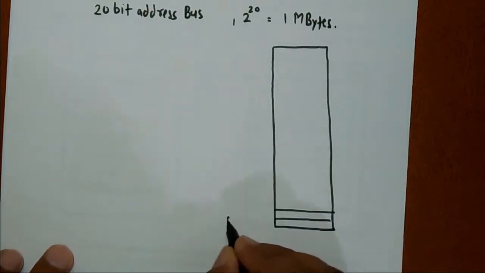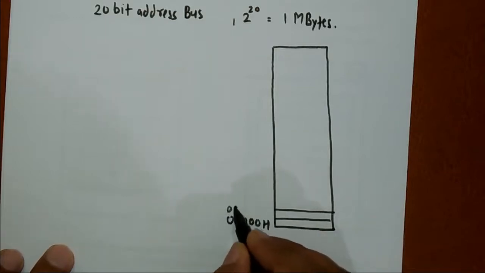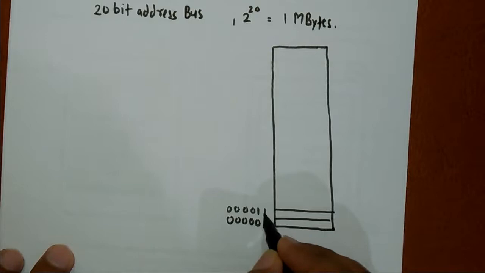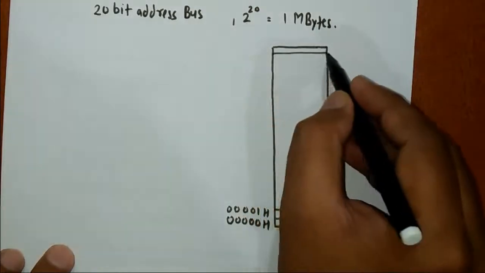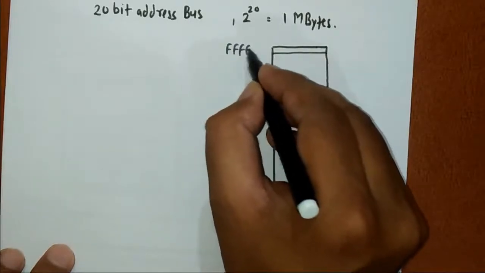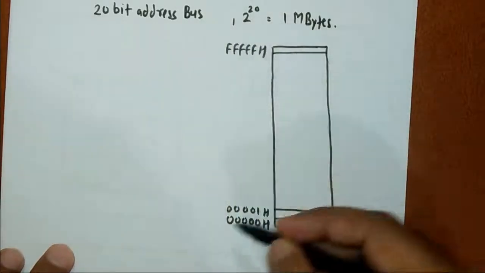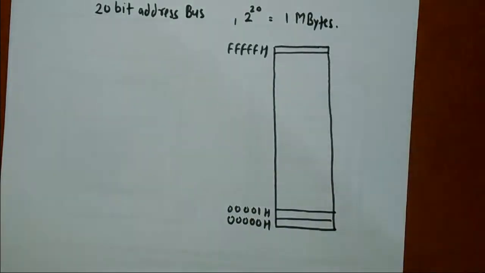So first address will be 00000H, and next address will be 00001H, and similarly the last address available in this 1 megabyte of memory will be 5 times FH. So you can see all of these are 20-bit numbers, and these are the addresses of any particular